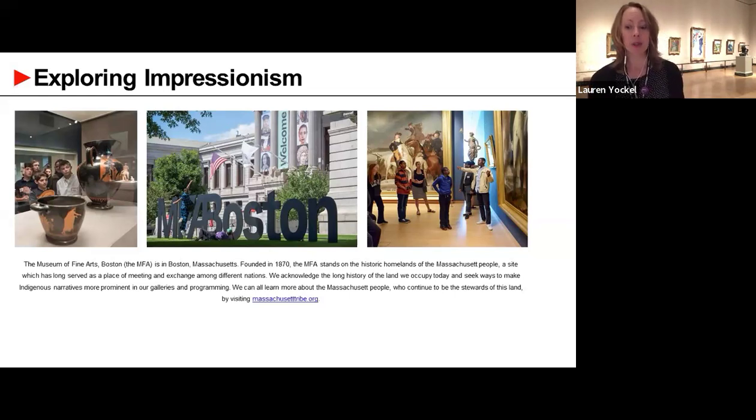We have all different types of art. So we have painting, sculpture, photography. We have jewelry, we have textiles. We even have a collection of musical instruments. So there is a lot to explore in this museum. And today we're just going to focus in on one specific area. But as a museum, we are focused on welcoming diverse perspectives, both within the artwork and among our visitors, and being a place where many different worldviews meet. So that's a little bit about the museum where I am today.